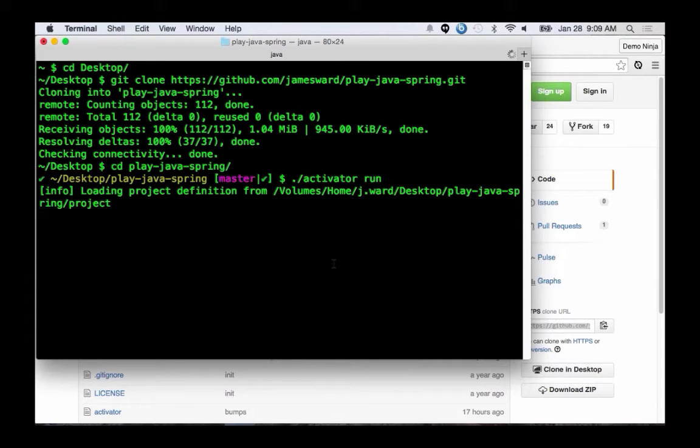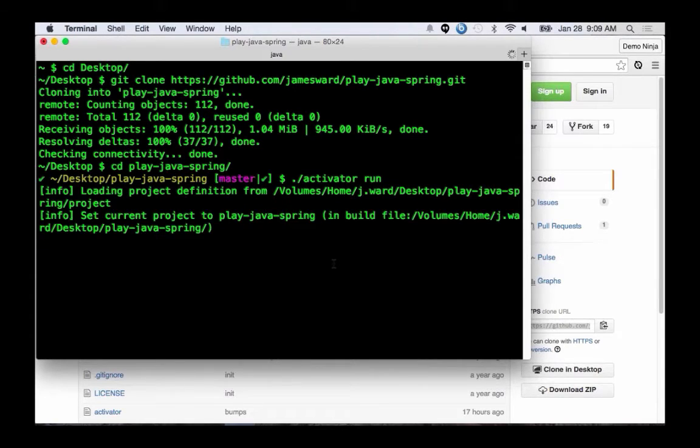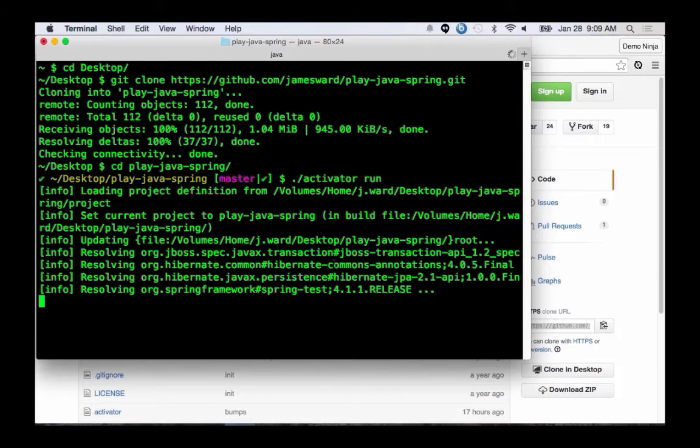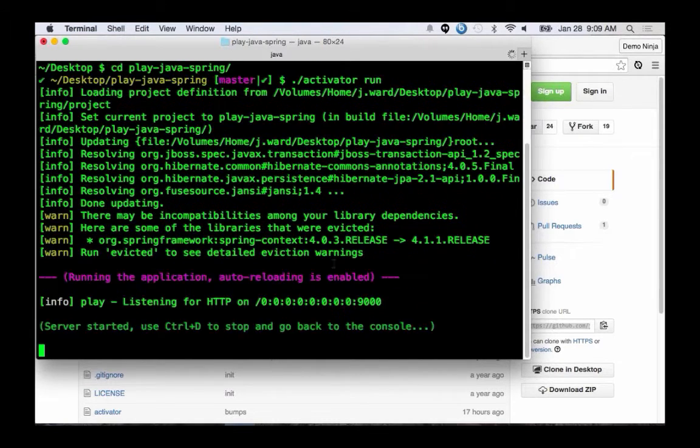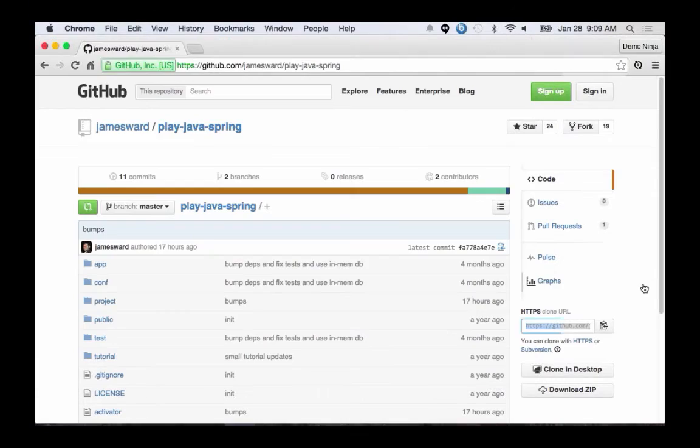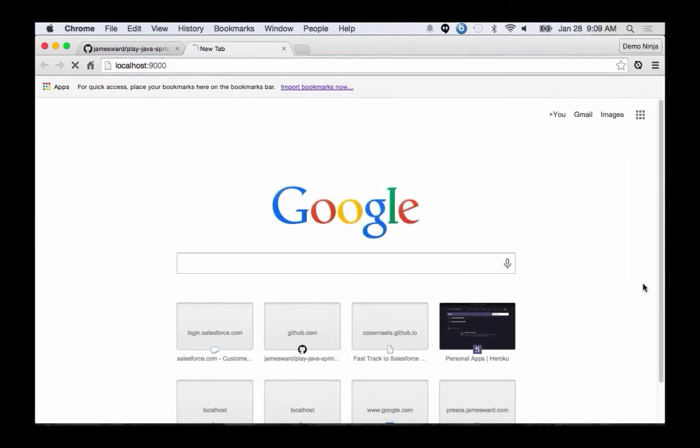So is the Activator doing that? Activator is running the project, and the project starts the in-memory database. So now the app is up and running. Let's just go check it out. If I go to localhost:9000, it's now going to compile the application, and then we'll see everything is up and running. And I know this is a very simple project, but